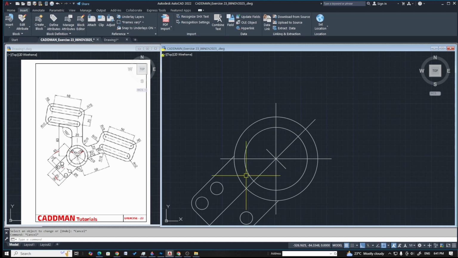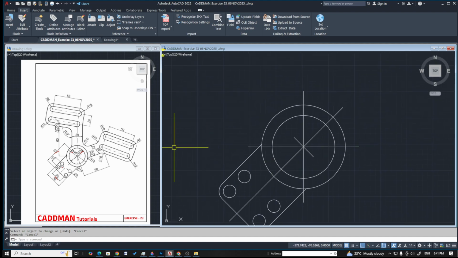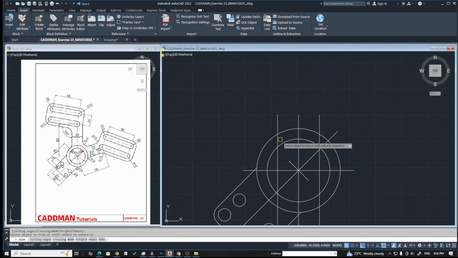So till here we are done, and let's try to construct this profile. So first, in order to construct this profile, let's try to offset the center line to a distance of 10 on the other side in order to get our 20 value. Offset to 10 and 10 on the other side. So let's try to trim out till here,